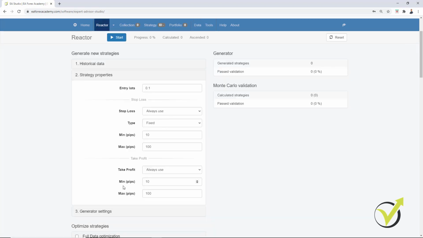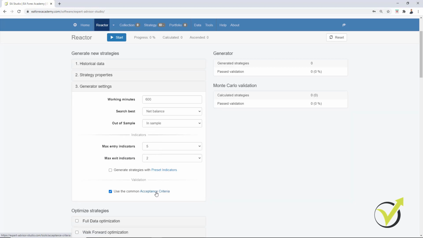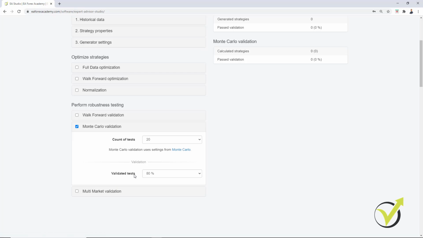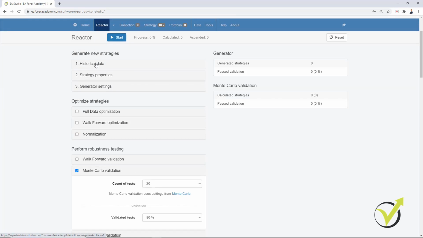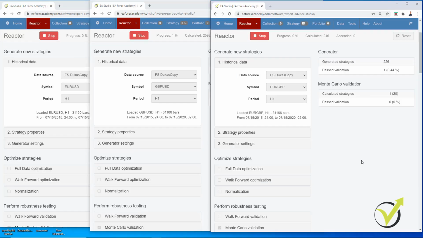In the reactor, I just check the strategy properties, generator settings, the acceptance criteria. Usually it saves, but I always make one more check, and then I am ready to go. Click on start, and here it is. Now what I have is 3 reactors running simultaneously.